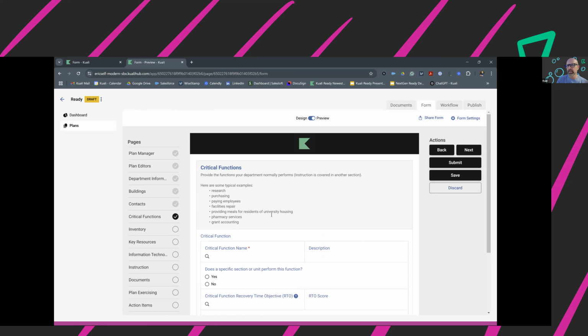Talk to us about how it all works, though, because it's one thing to create a form that people fill out. How do I make sure the right people get the right forms at the right times? Usually there's an admin or a few admins running this project, and they're the ones that have to start it and send something out.